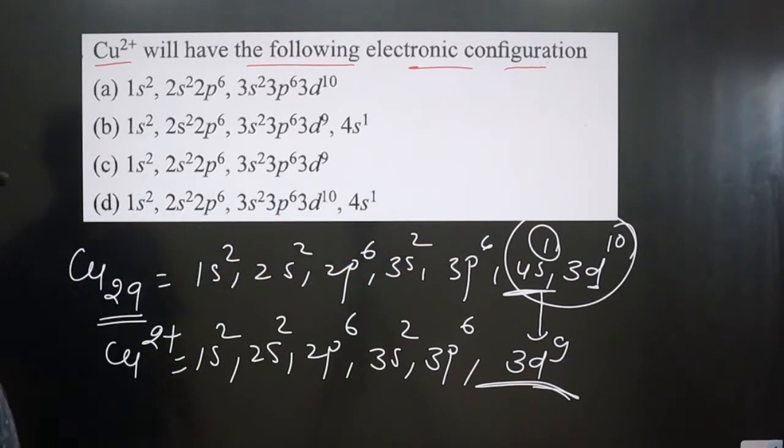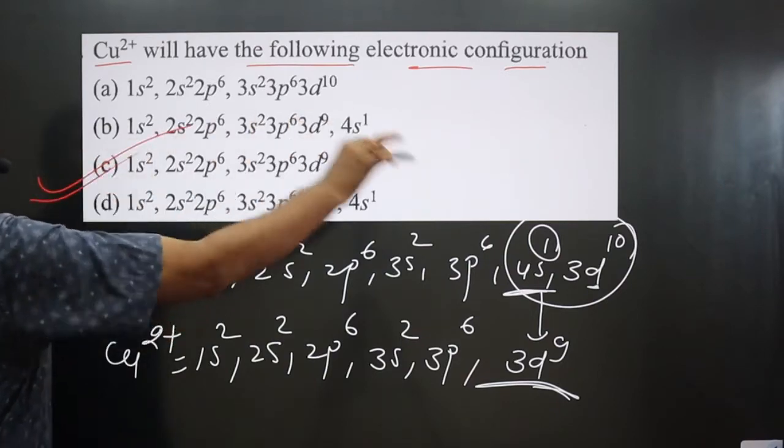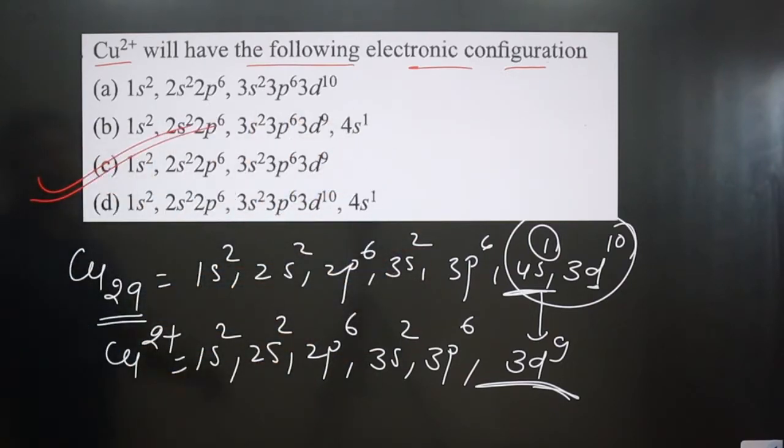Among the options you can see, we have 3s2, 3p6, 3d9. Option C is correct. We have option C. This is the electronic configuration for